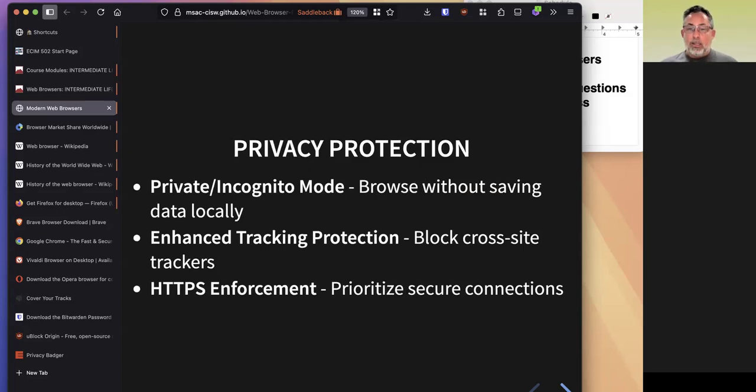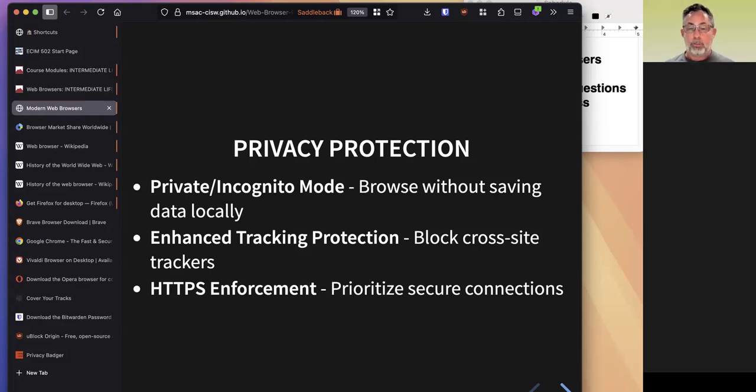Privacy is important to us whether you think you care about it or not. It's nice that every browser now has the ability to open up a separate mode, either called incognito or private browsing, that doesn't save anything locally. It doesn't mean that it isn't saved on the server. I mean, Meta, Facebook still knows where you're browsing,